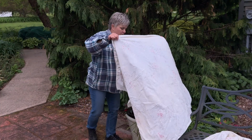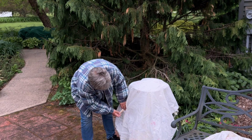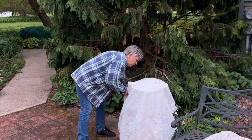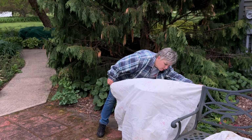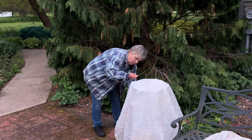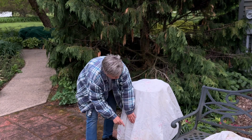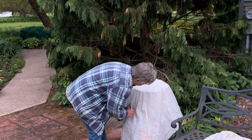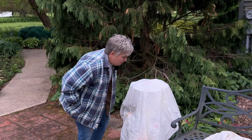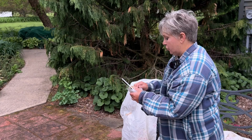And we're just going to lay the sheet over the top. Get those clothespins out again. Make sure that it's covered all up. And then just use those clothespins and pin all the way around. Again, you don't want any chance of the wind blowing this off. Oops, I gotta grab another clothespin. You can pick up clothespins at the dollar store,